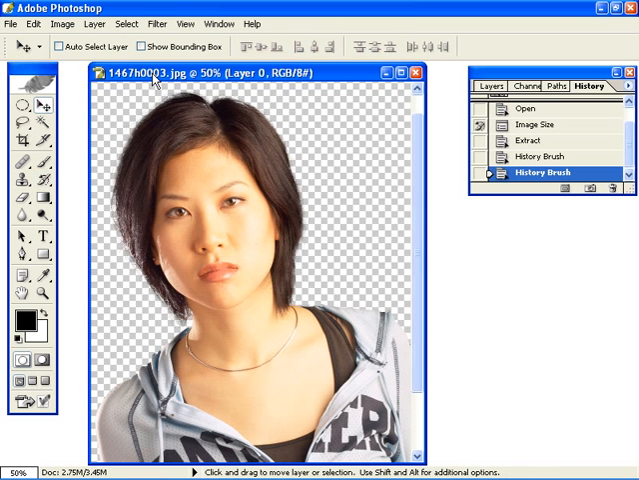And there we go. That's how we extract an image using the Extract tool. This is an excellent tool to use for areas that have soft edges like hair and fur,